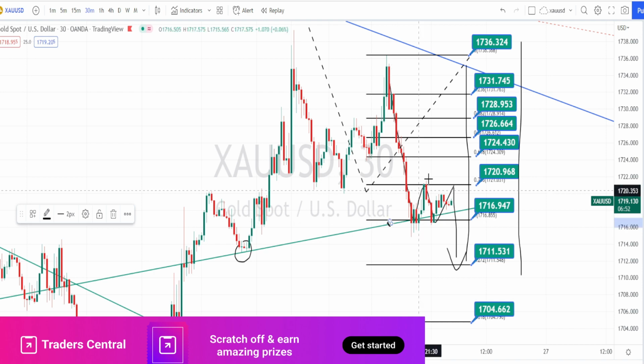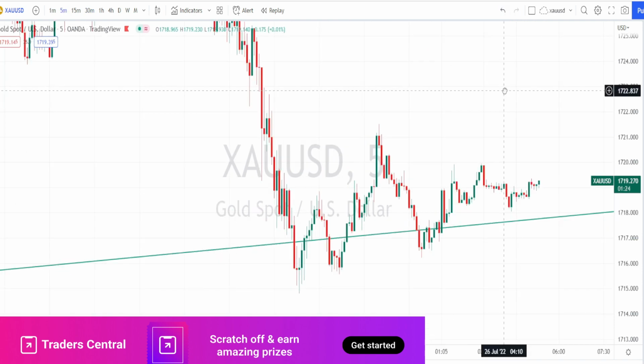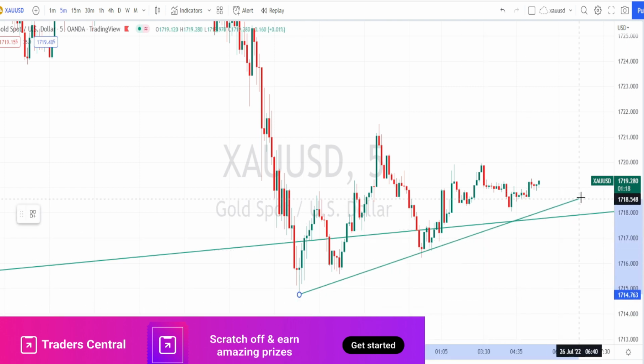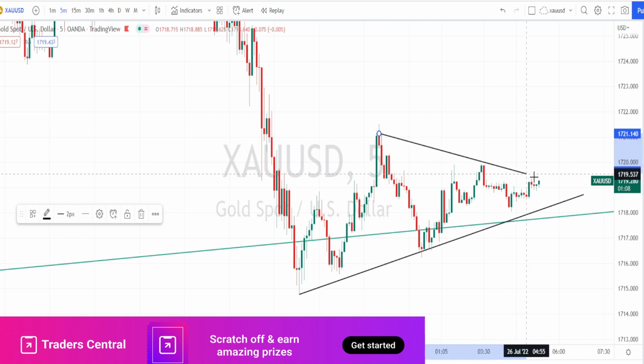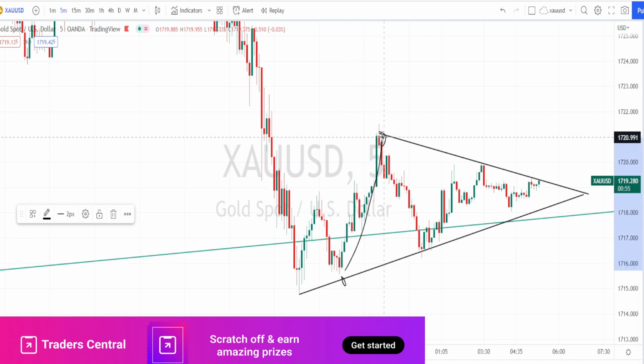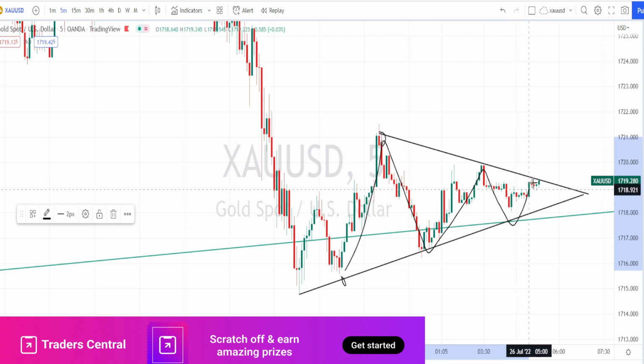Let us do the analysis in 5 minutes time frame. I am in 5 minutes time frame. Again for the 5 minutes time frame also I am drawing a support line over here and also a resistance line. So based on this support line and the resistance line, it is very clear that the current price action is consolidating within this support and resistance line and it is trading within a symmetric triangle pattern, which means that